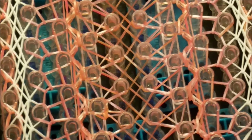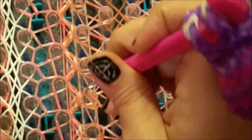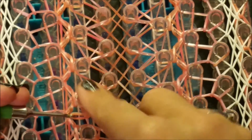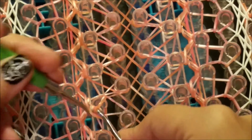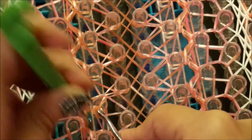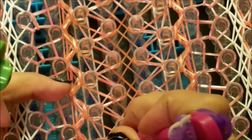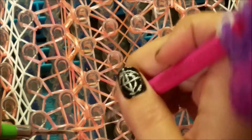So again, always from the 5th, come in, place it on your secondary hook just to hold it, up underneath the 2, and then you can let go of that one and pull it back to that home post. Last time on this side, again, pulling from the 5th, use your secondary hook to hold it out of the way,